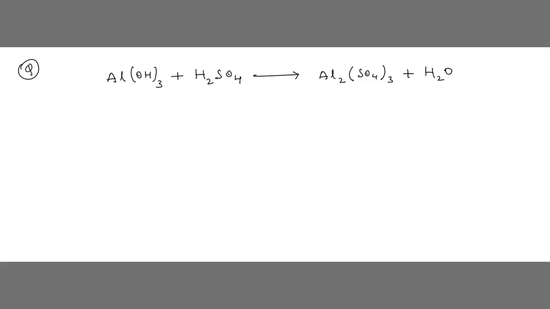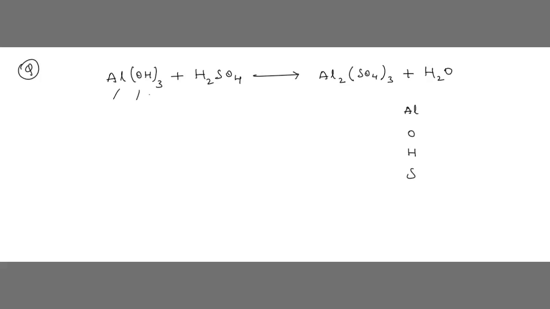Now what we should do, children? We have to balance this chemical equation, right? Yes. To balance this chemical equation, what we should do? It's very easy. First you write the elements name. Step number 1. Al we have aluminum. You should know the symbols, okay? Al is not separate. Al means aluminum. O means oxygen. H means hydrogen. Again S means sulfur. Correct, no? We have only that number of elements, no?